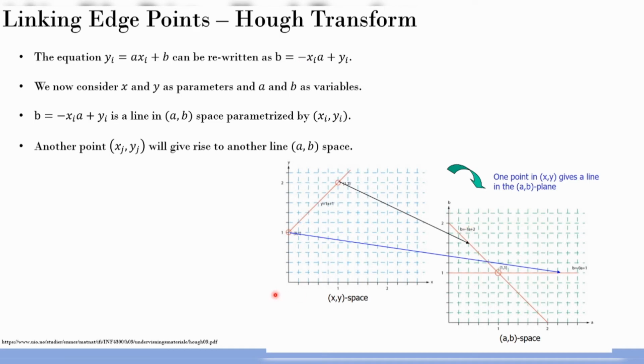I go to the next edge pixel. Again, I will have another straight line in this space. So I go through all the edge pixels and then I come back and look at this space. Wherever there is the maximum number of crisscrossing, that point will give me the most common straight line in the image, right? For example, here we only had 2 points, and those 2 points give me 2 lines, and those 2 lines crisscross at this exact point, and that point is the only possible line here. That's why there is only one crisscrossing.